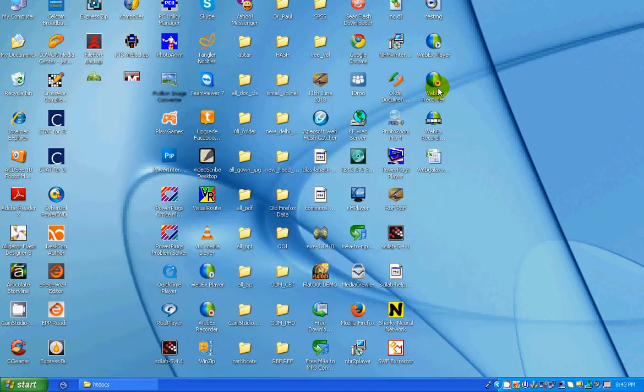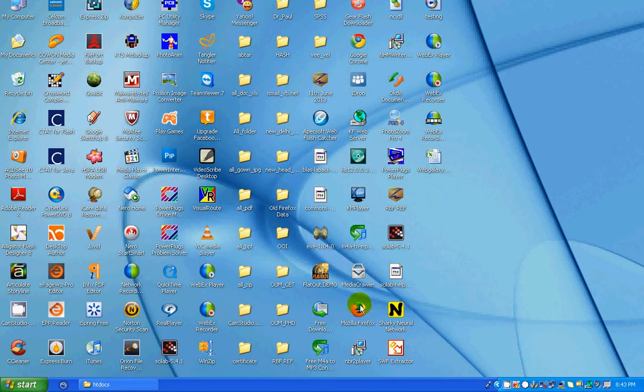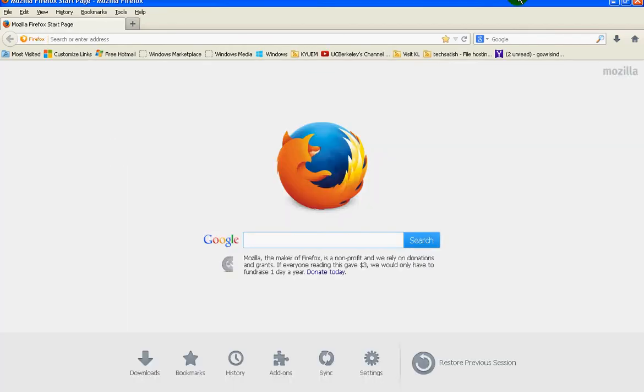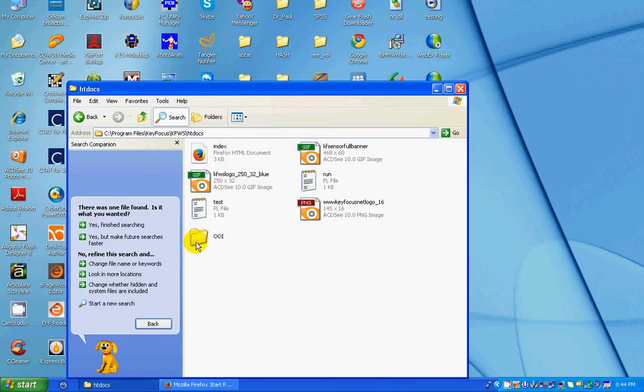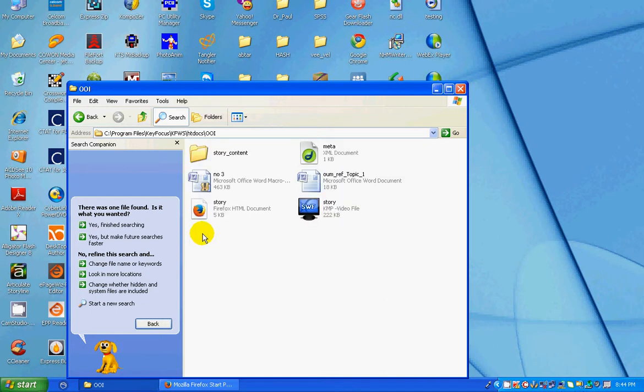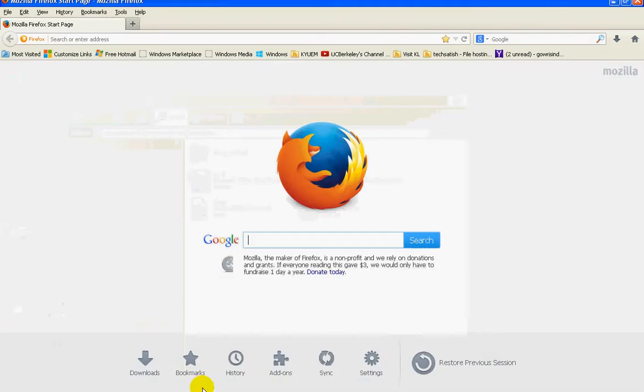Now go to your browser, and before that check the OOI folder for the HTML file. This is the storyline created by one of the students and the HTML file is here, story. So I go to the browser.